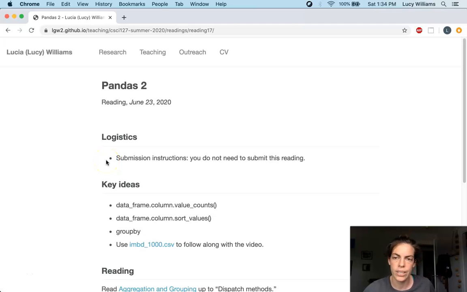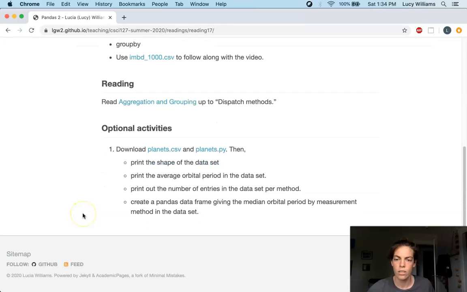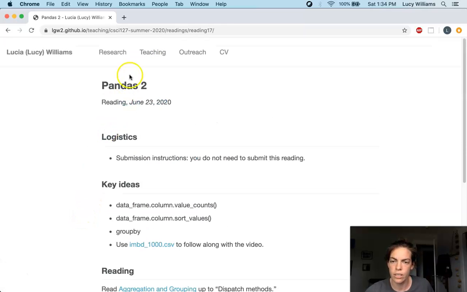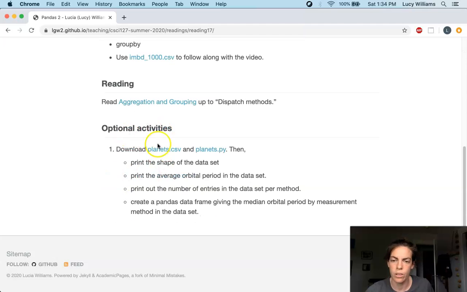Hi everyone, in this video I'm going to go through an activity where we can practice some of the aggregating and sorting functionality that we learned in the previous video. So this is in the Pandas 2 reading, and if you scroll to the bottom you see this first activity